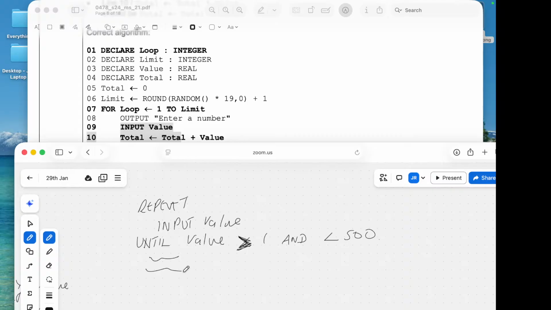And then again, we would explain that. We'd say between line 8 and line 9, you would put repeat. Then we input the value until the value is greater than 1 and less than 500. Okay,